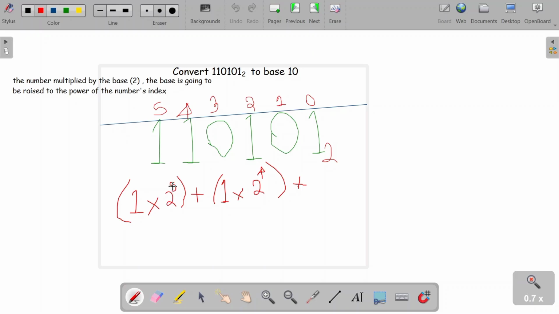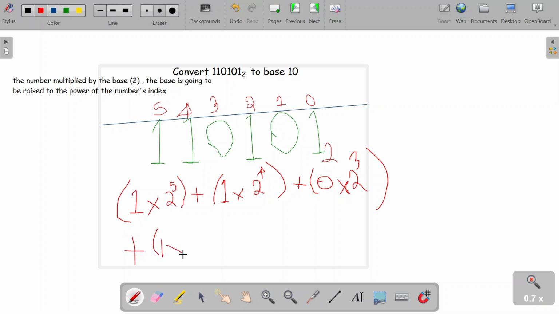Then we say 1 times 2 to the power 5 plus 1 times 2 to the power 4. Then the next one is 0 times 2 to the power of 3, plus